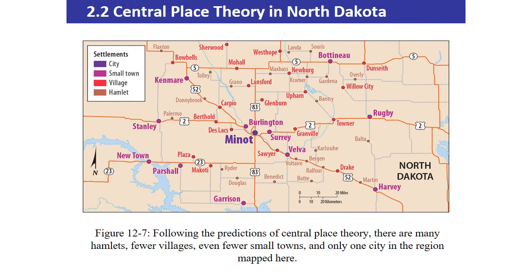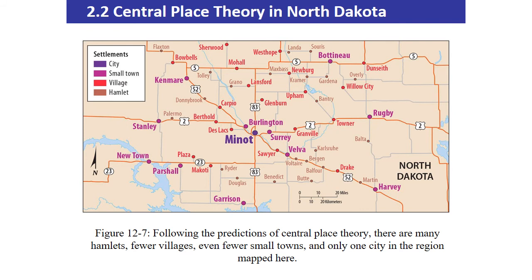And then you can see less numerous small towns scattered around, like Burlington or Surrey or Velva or Garrison or Newtown or Stanley. And then slightly more numerous villages like Mohall or Glenburn or Upham or Granville or Sawyer or whatever. And then lots and lots of these hamlets, these very small communities, Donnybrook, Tolley, Grano,